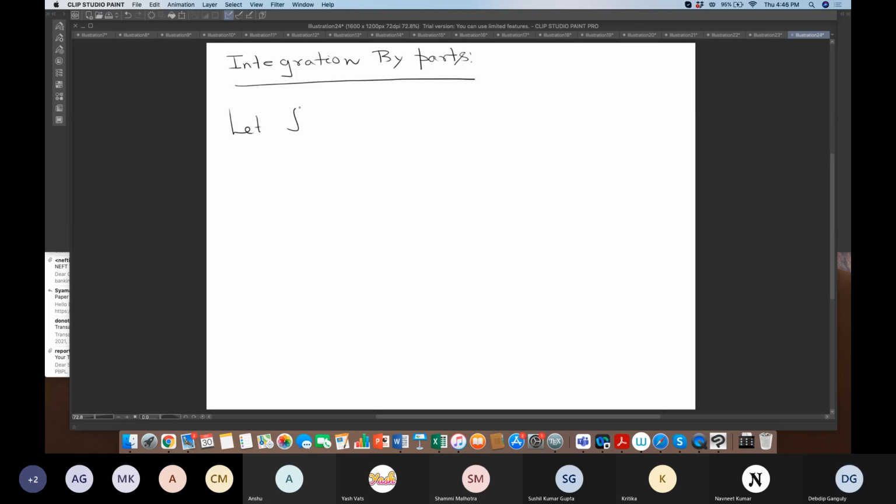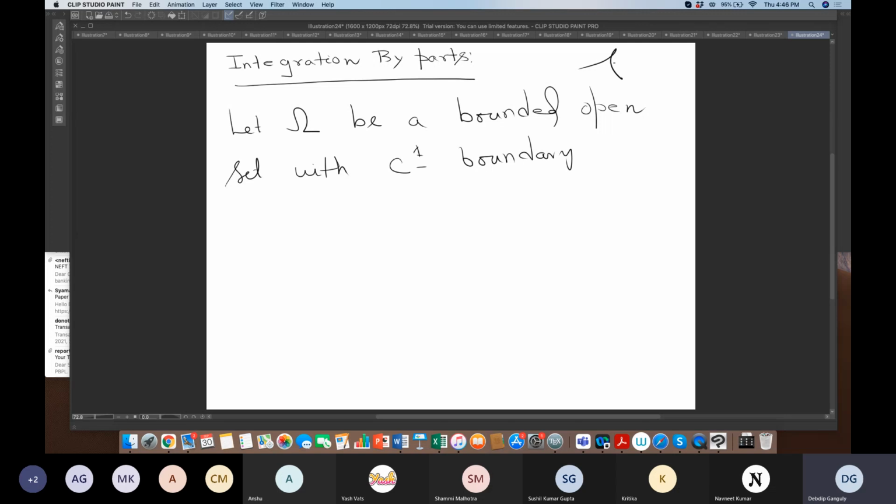Let omega be a bounded open set with a C1 boundary. You know what the meaning of a C1 boundary is. Such types of things I am excluding on the domain. Okay, then